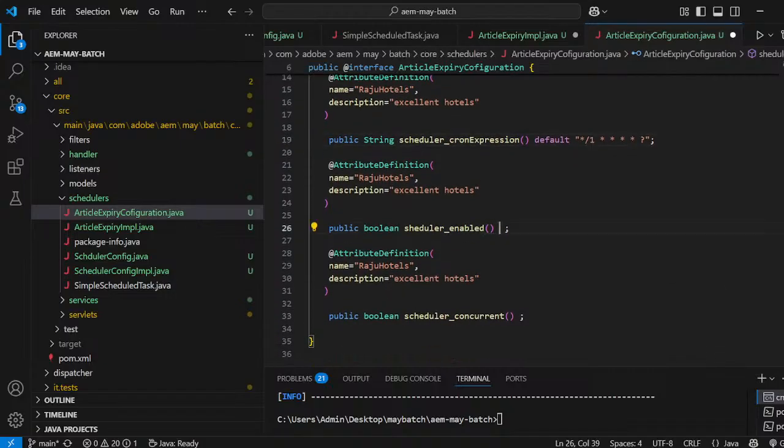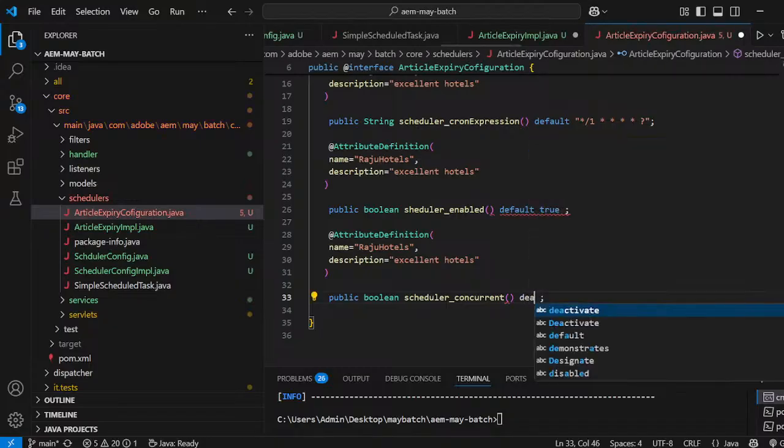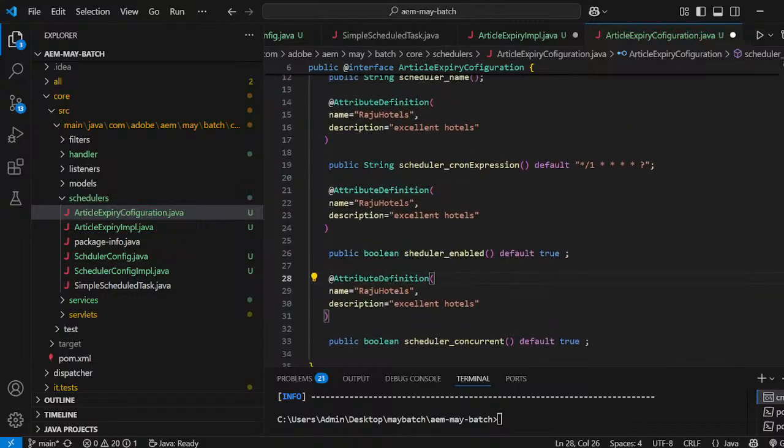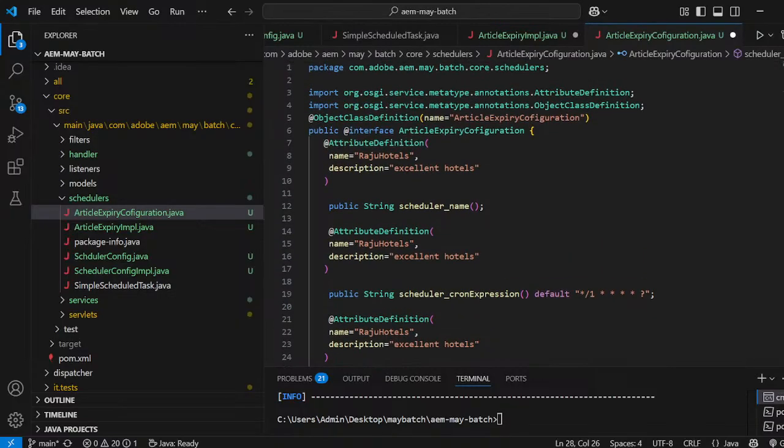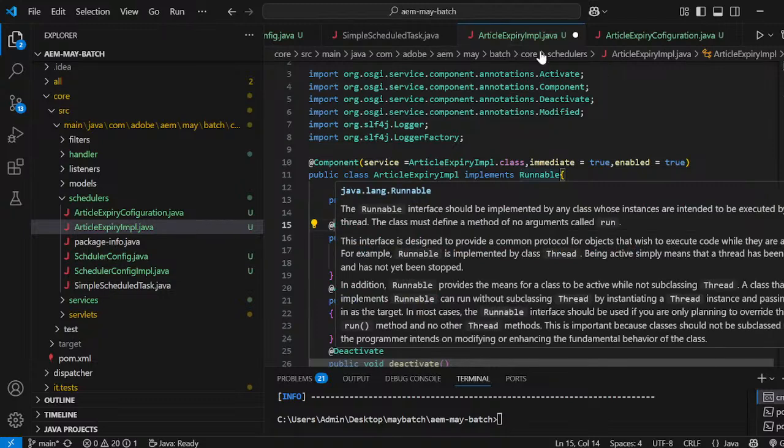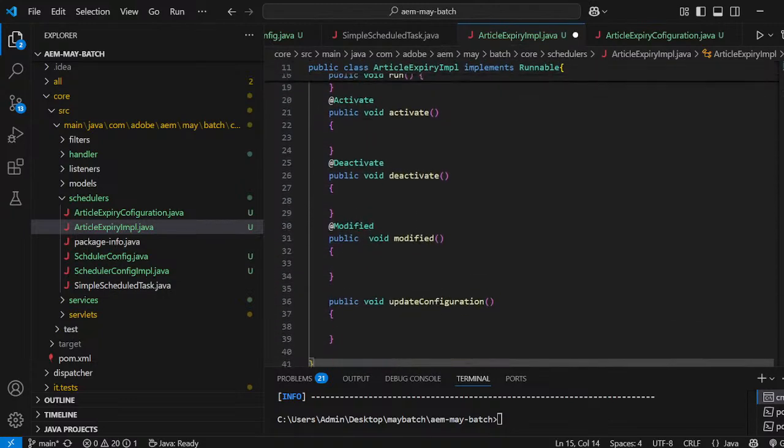Here also I'm giving the default value as true, and here also I would like to give default value as true. Okay, fine. So this is simply what I have written, and now I am going to this article expiry IMPL, and